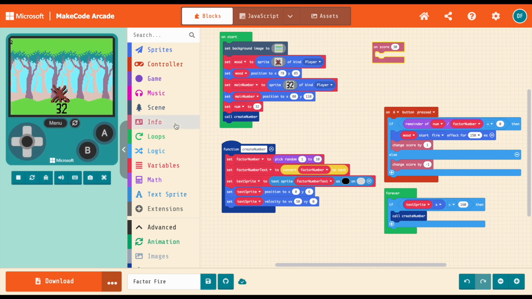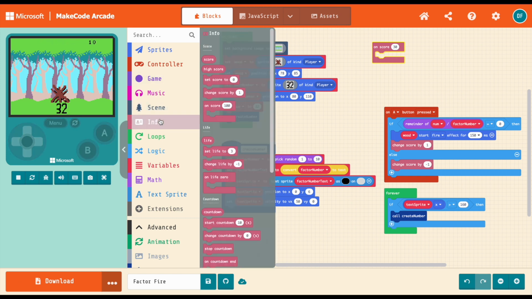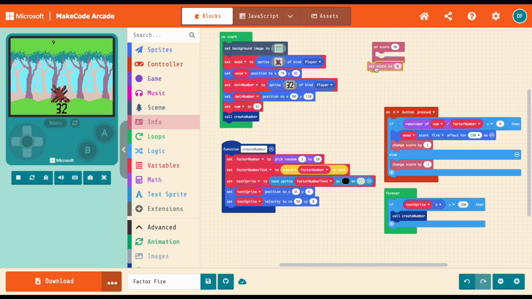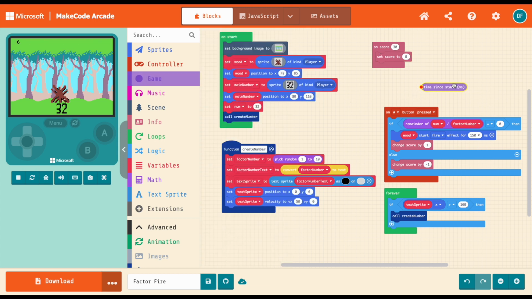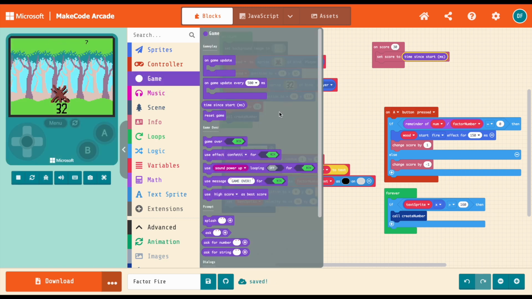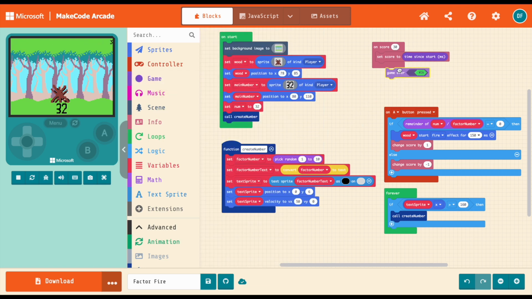And I'm going to go into info, and I'm going to say set score to, and I'm going to go into the game tab, and I'm going to say time start since milliseconds. I'm going to go into the game tab again, and I'm going to say game over win,